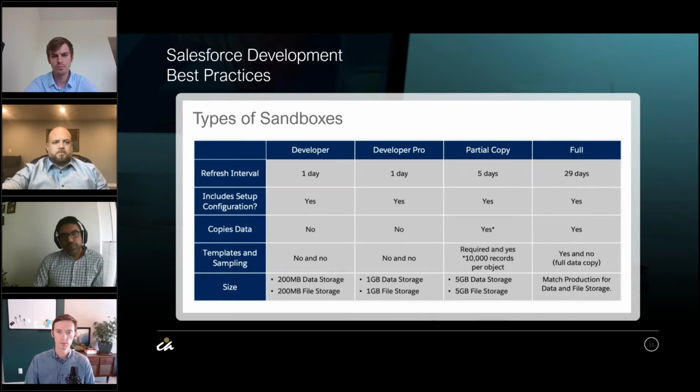So Developer and Developer Pro are essentially configuration sandboxes, which means that any of the changes that are made within the setup menu within your production environment are carried over into these sandboxes, but they do not contain any production data, and they can be refreshed once a day. The partial copy sandbox is similar to Developer Pro, but you have the additional capability to bring over any